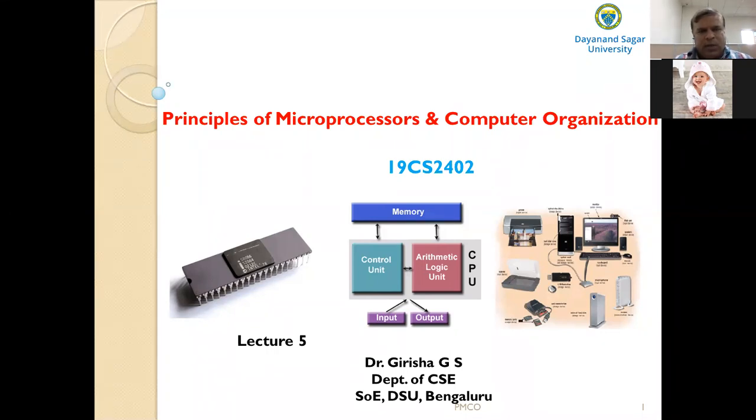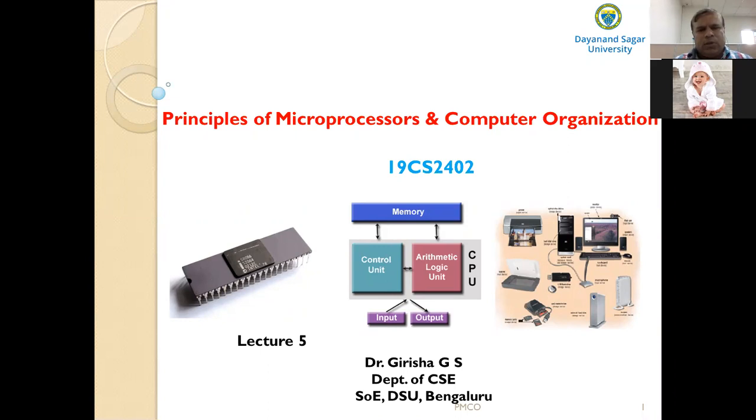For example, the 8086 has a 16-bit data bus, so the word length of the 8086 microprocessor is 16 bits. Similarly, the other microprocessors: the 80386 can transfer 32 bits of data, and the Pentium 4 through Core 2 can transfer 64 bits of data.